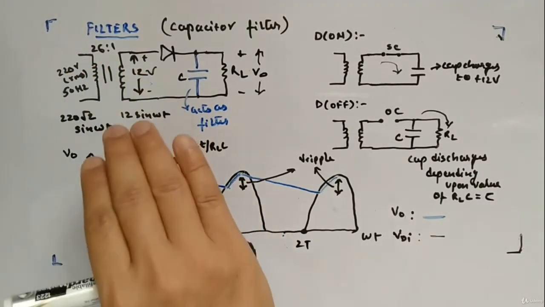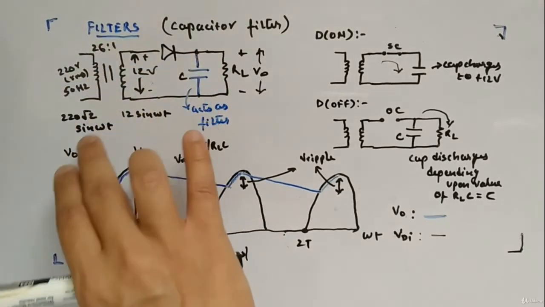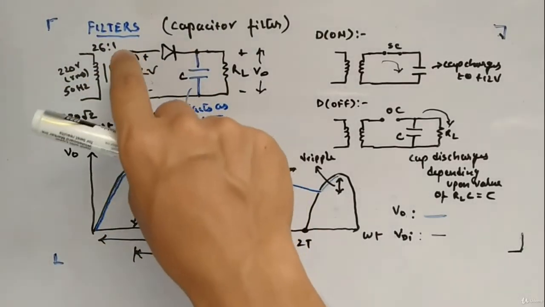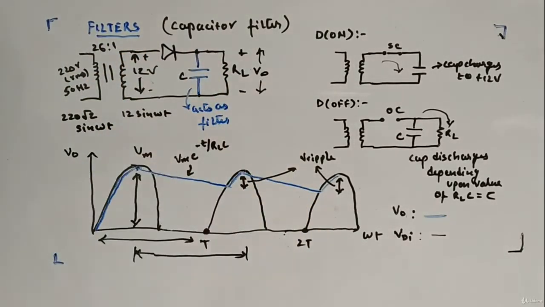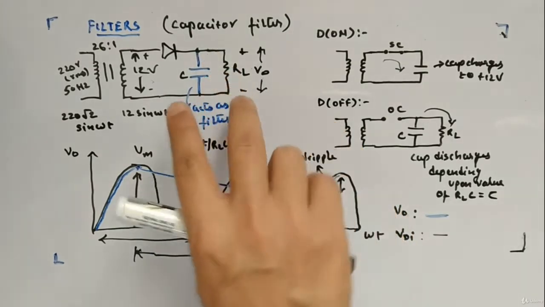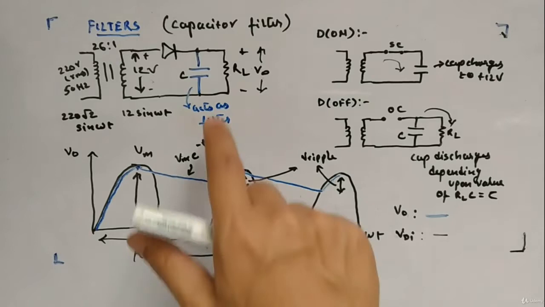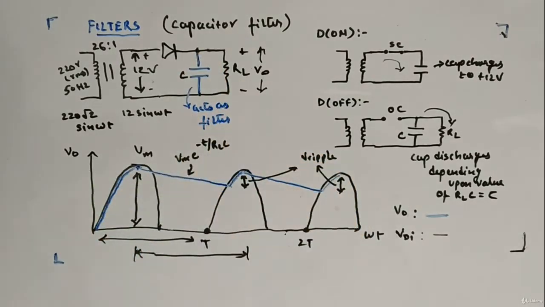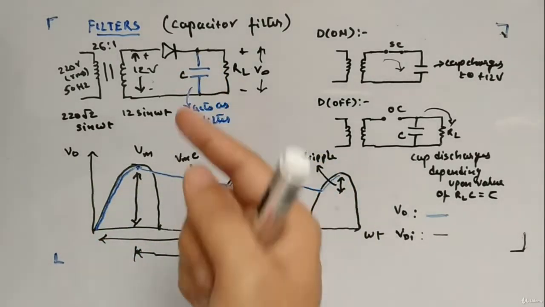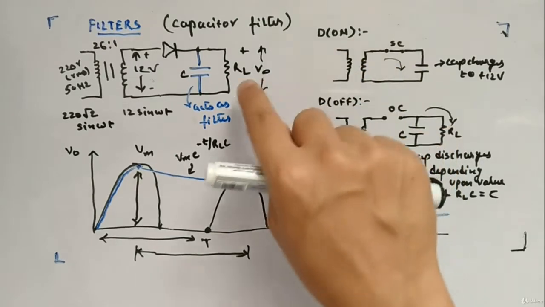Now it will step down to 12 volts. So 12 sine omega t, you know the calculation. Now this signal will be applied to the rectifier, which is our single diode. Now I have placed a shunt capacitor between the diode and load. So this is acting as a filter for me. Just one capacitor I have applied, and we will see how it will make a change. And we notice the output across the load.